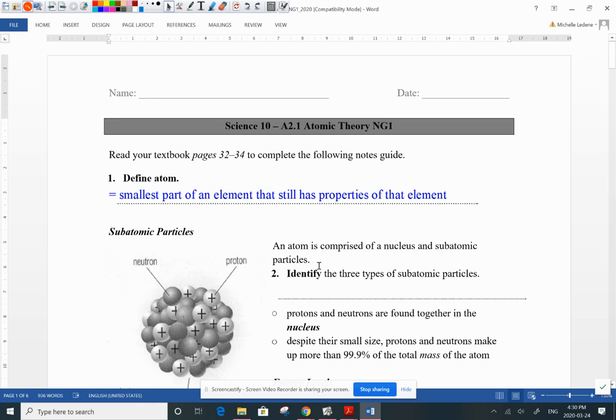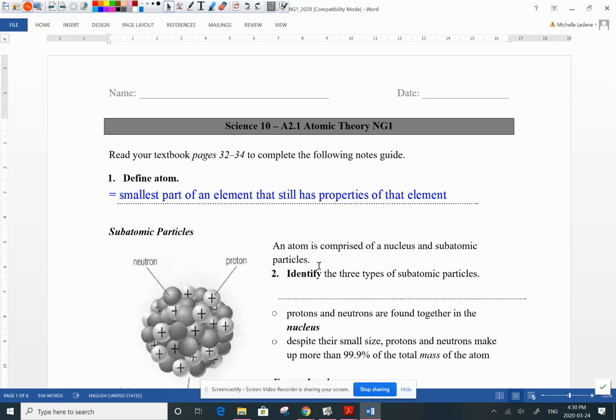Good morning, Science 10s. Today I wanted to talk to you guys a little about atomic theory. So we're going to talk about atoms and parts of the atom, the energy levels, how to draw energy level diagrams, and how to draw Bohr diagrams. So you can follow with me on your atomic note guide number 1 here,